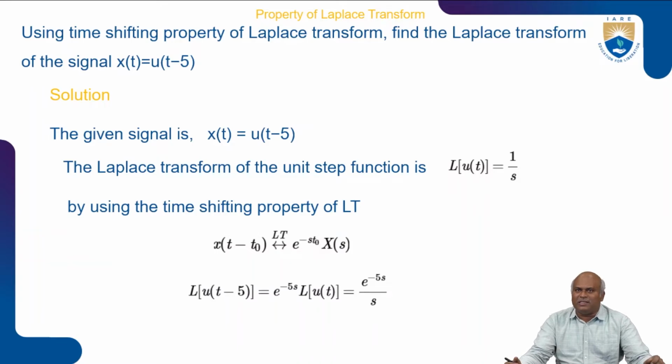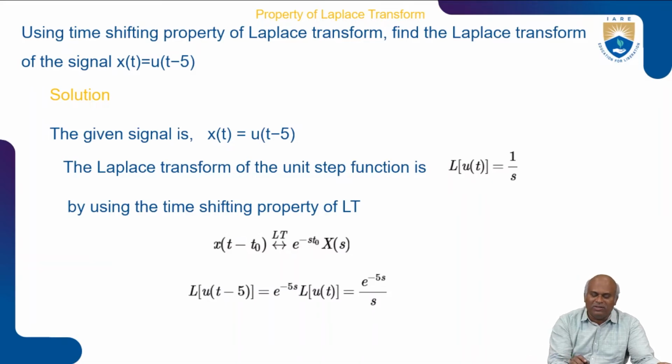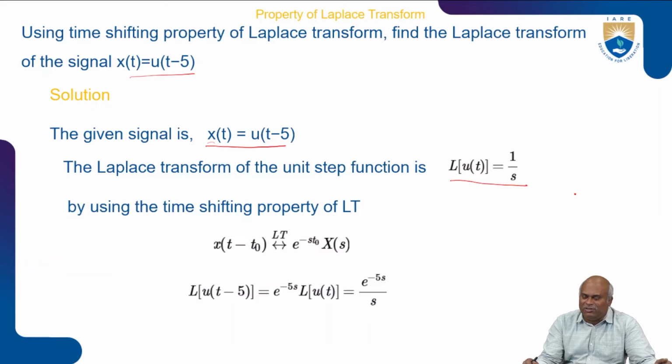So here I take some example. Using the time shifting property of Laplace transform, find the Laplace transform of the signal x of t is equal to u of t minus pi. So we need to go for the solution using the time shifting property of Laplace transform. So the given value of this example is x of t is equal to u of t minus pi. The Laplace transform of the unit step function is represented as L of u of t is equal to